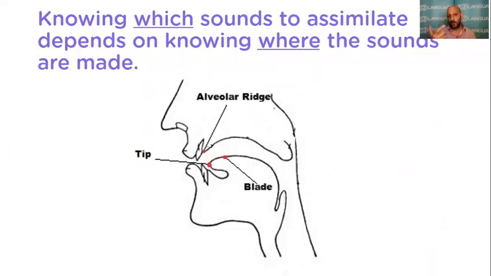Now, there are bits that you can recognize. So you've got the nose, the lips, the teeth, the tongue. Now, there are other bits that you may not know the word for. Blade is just a reference to the long part of the tongue and not the tip. The bit behind the tip, the blade of the tongue. You can see the throat as well. Now, behind your top teeth, there is a hard protrusion called the alveolar ridge.